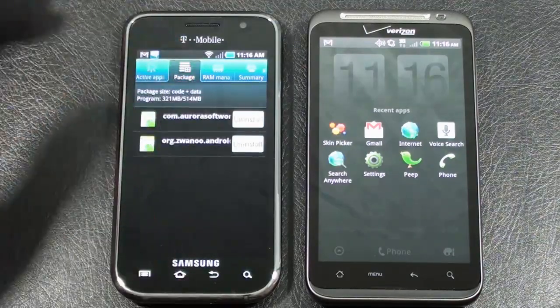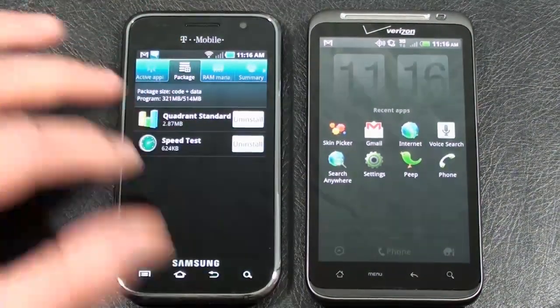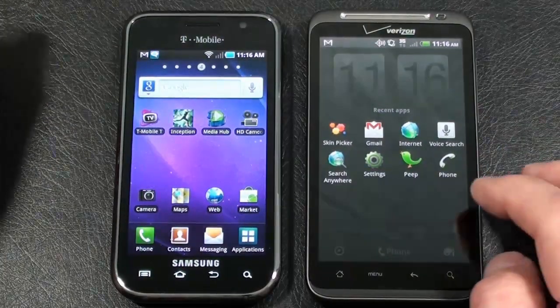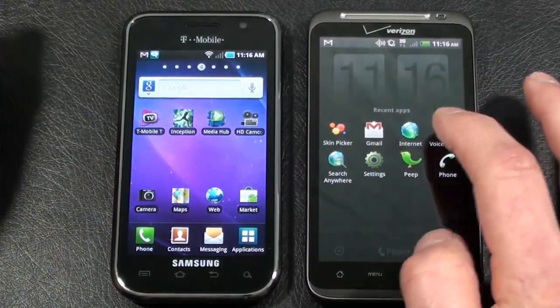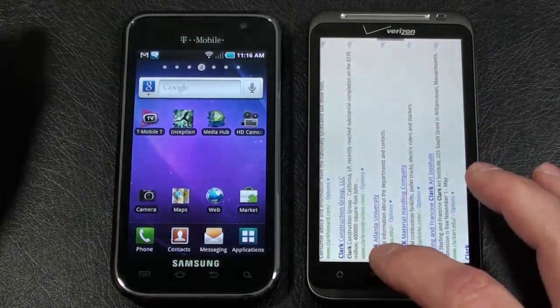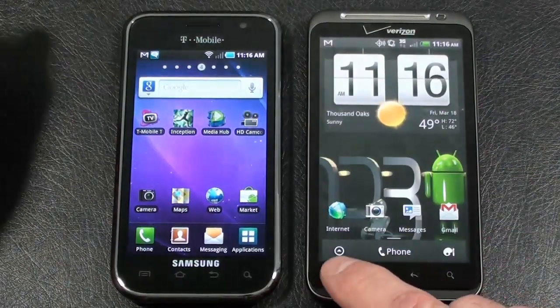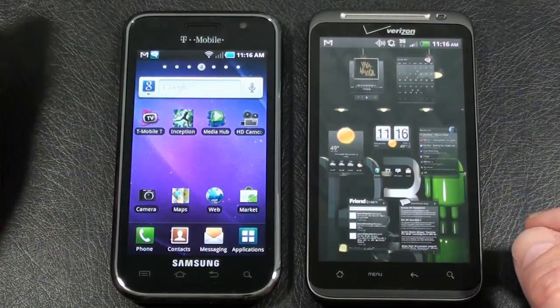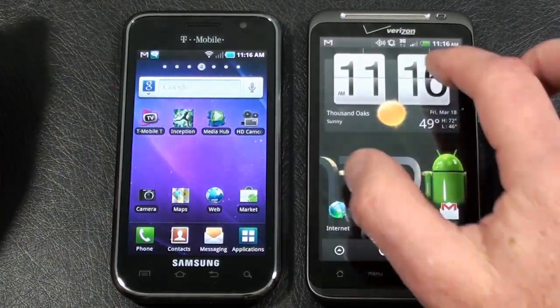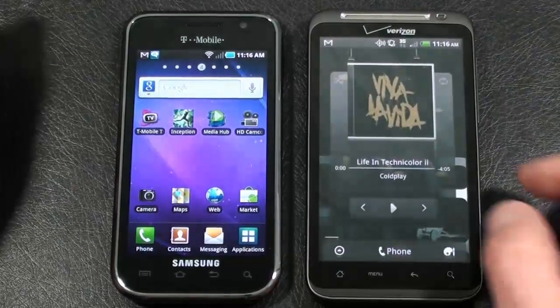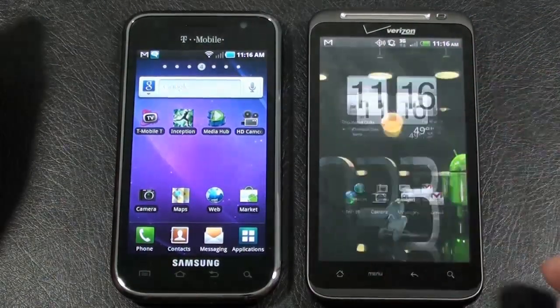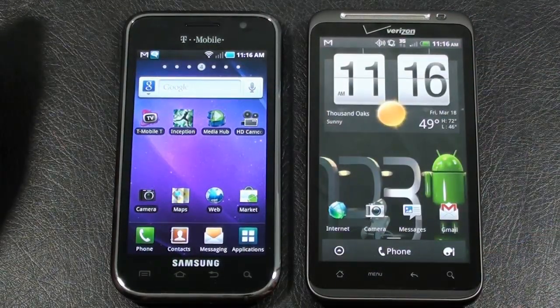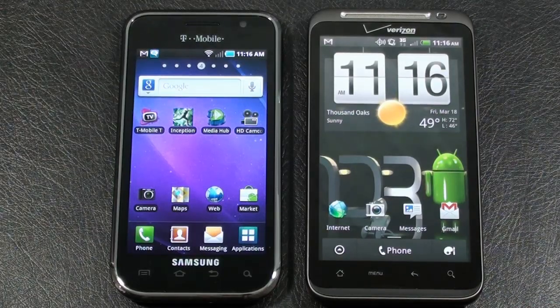Downloaded applications. And on the Thunderbolt, you're going to get the last 8 applications, and you can use any one of those as a shortcut directly to it. Also, pushing down on the home key from the home screen on the Thunderbolt will give you a 7-panel overview, and you can tap on any one, squeeze the screen together to get back to the overview, pinch again, and get back to it, and move around that way. So there's a comparison between the two user interfaces on our contestants, the Galaxy S4G